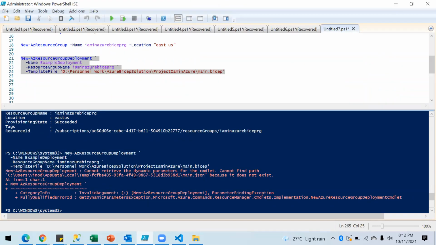Cannot retrieve the dynamic parameters for the command. It cannot find the path. This main.json is the file that gets created when you finish the build of this main.bicep file, but it cannot find it. This is strange.